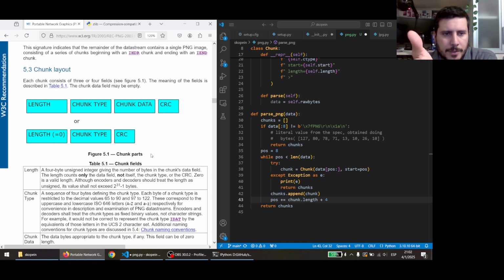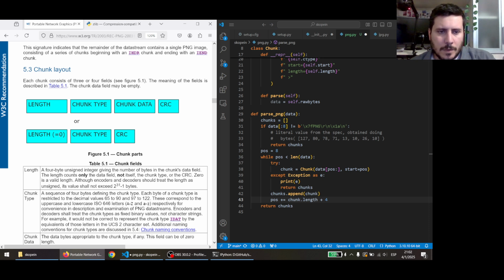As the diagram shows here, a PNG chunk is just a length, the chunk type, chunk data, and the CRC 32. So length, chunk type, and CRC are always 4 bytes long. Okay, so we have these 4 bytes